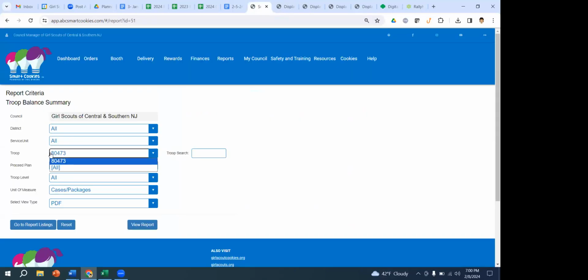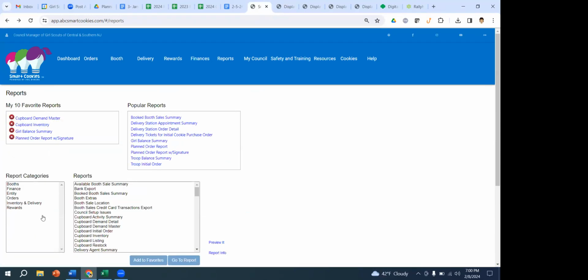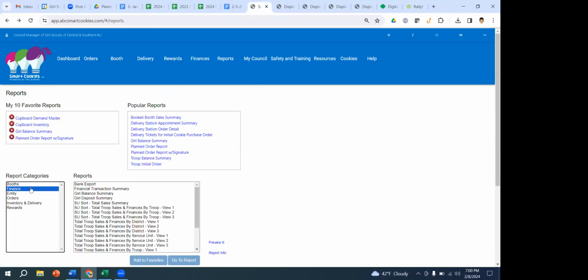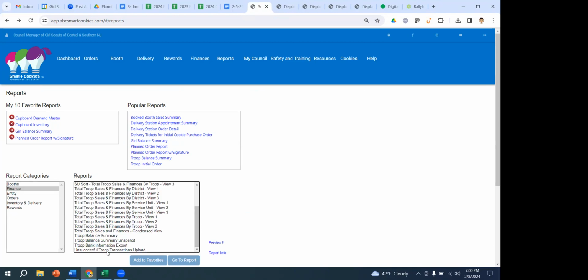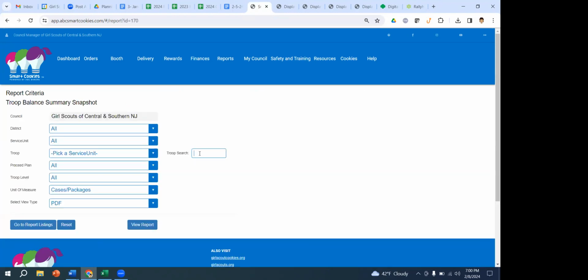But if you just want to see a snapshot, they added a snapshot report. So it's troop balance summary snapshot. 80473, the numbers all start to blur.